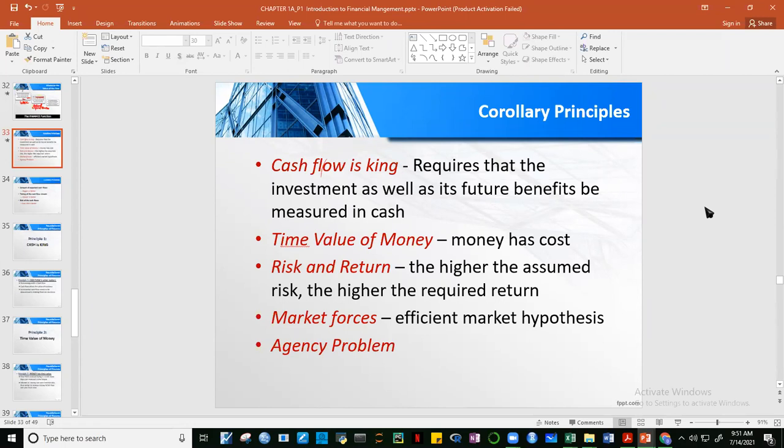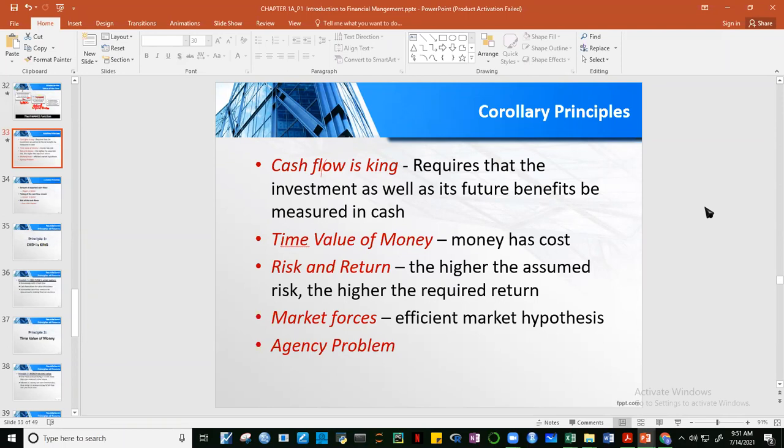Why? Exactly for this reason. The higher the assumed risk, the higher the required return. So, companies that will invest or lend money to company B are assuming a greater amount of risk because its track record is not yet well known, right? Not yet very good. Whereas Firm A has a very, very good track record. It has been in the industry for a long time, and their track record is good. Therefore, guys,